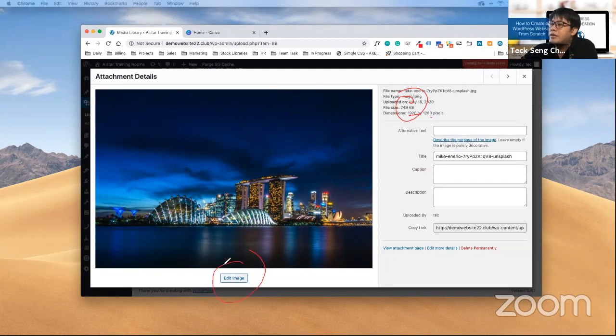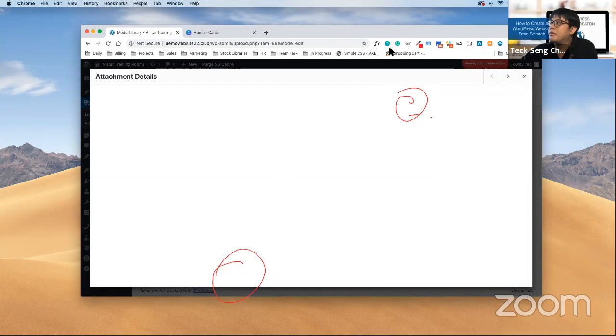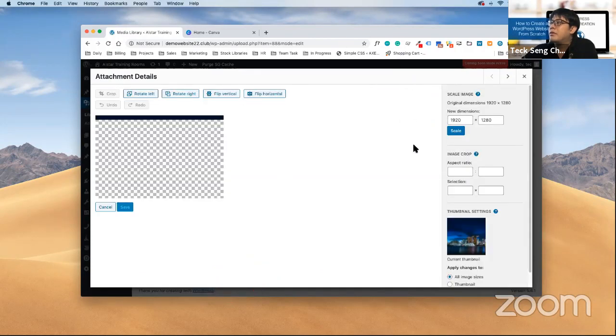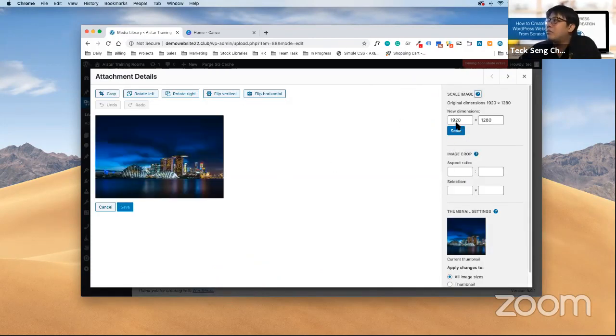So first step, we click on the edit button. First thing first, we want to follow the guideline. The guideline says that the height is 552.